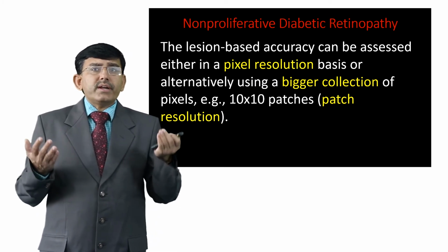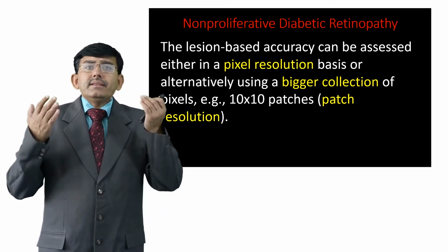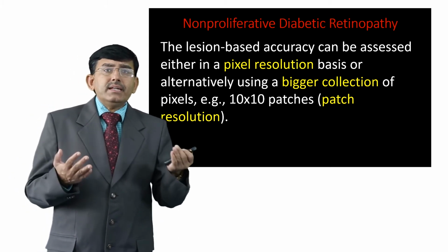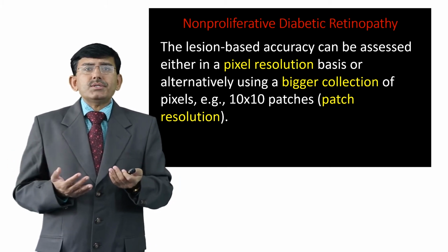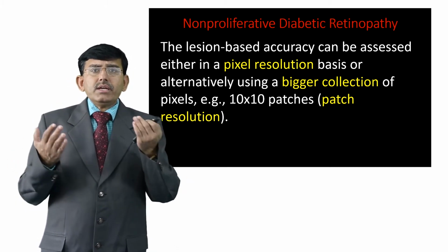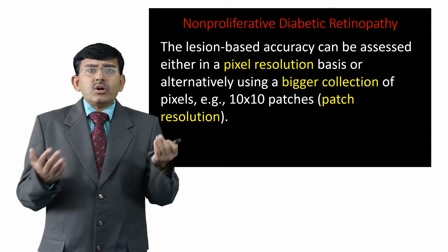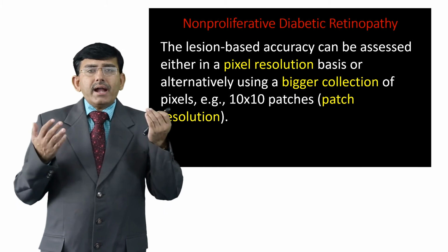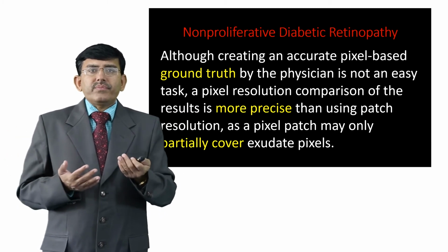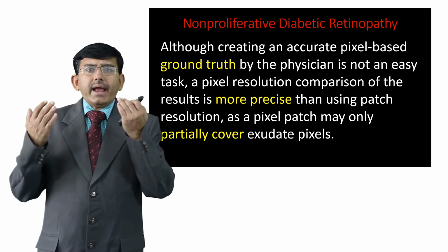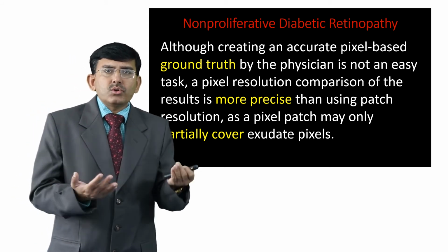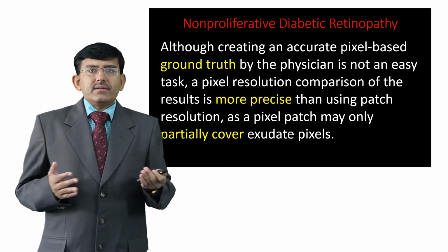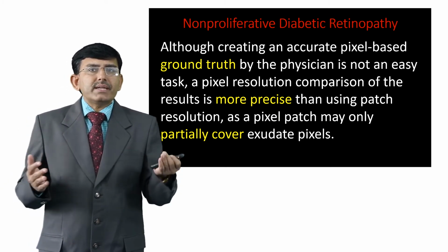In non-proliferative diabetic retinopathy, the lesion based accuracy can be assessed either on a pixel resolution basis or alternatively using a bigger collection of pixels, that is, 10 by 10 patches, and patch resolution. Although creating an accurate pixel based ground truth by the physician is not an easy task,